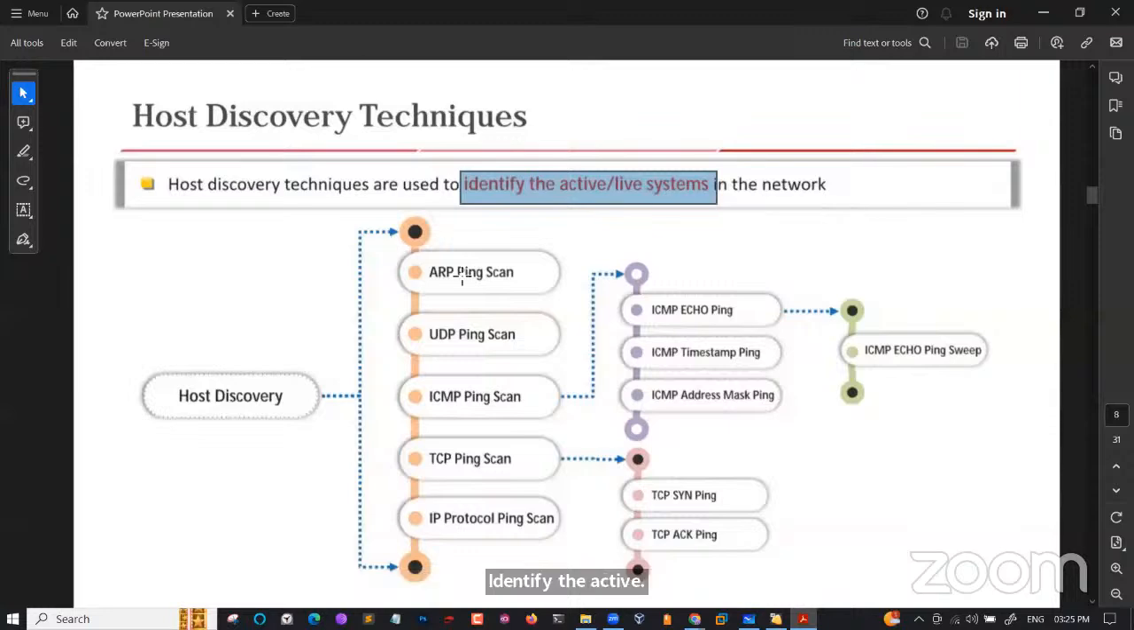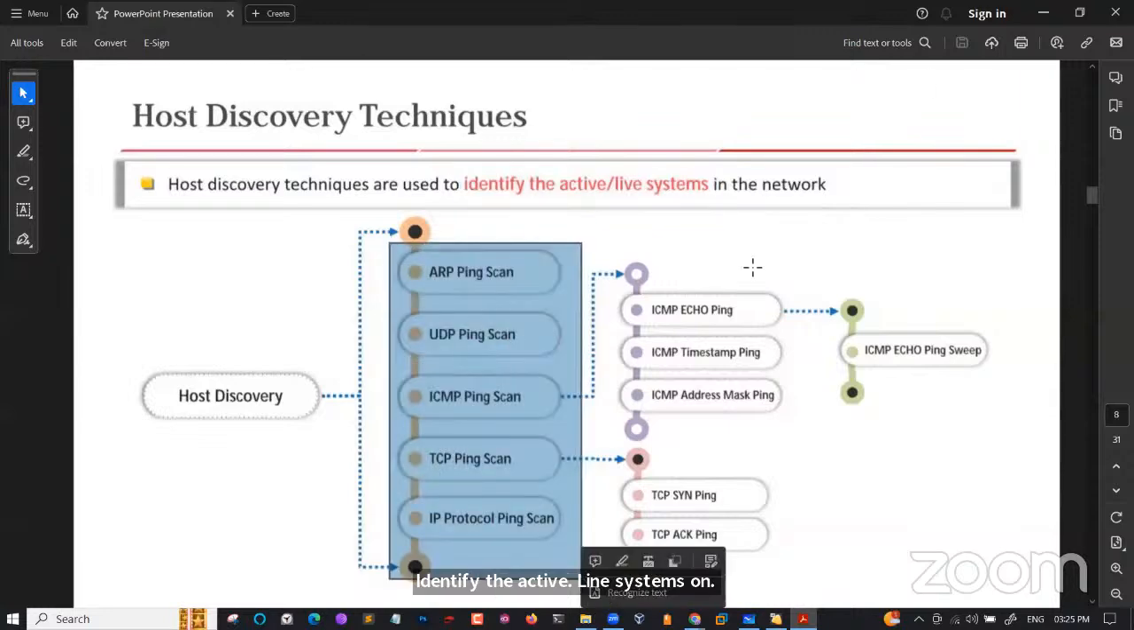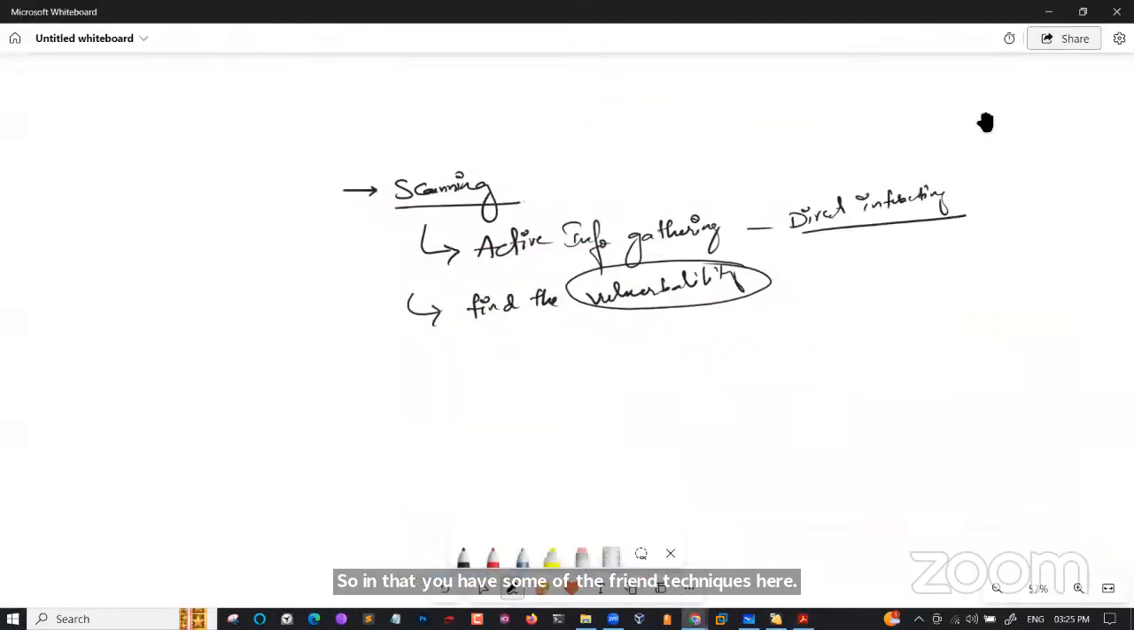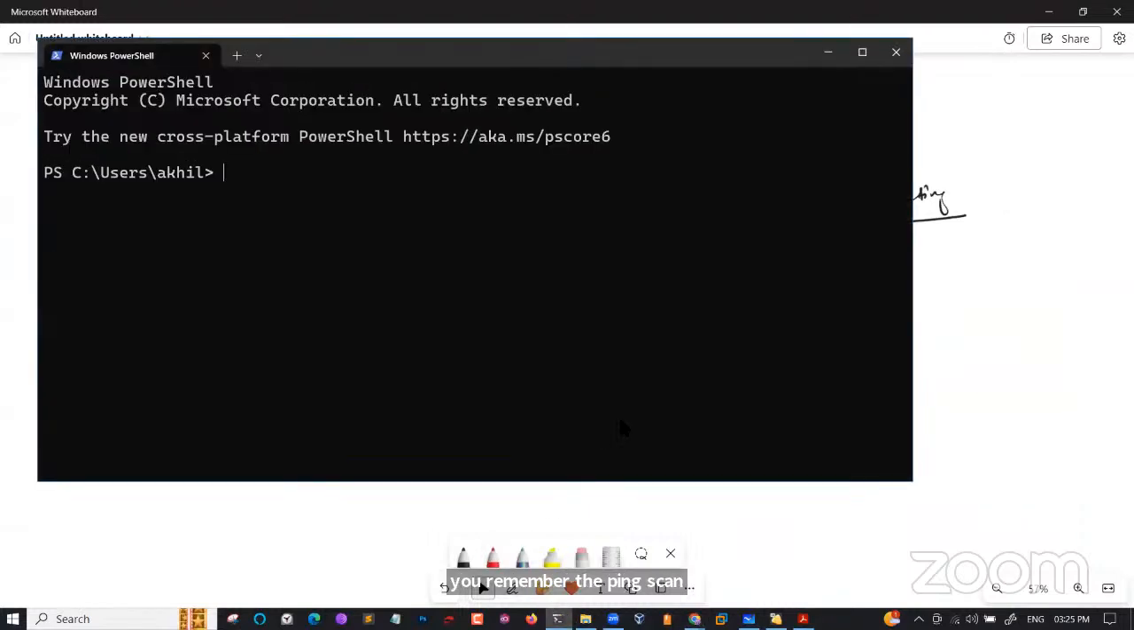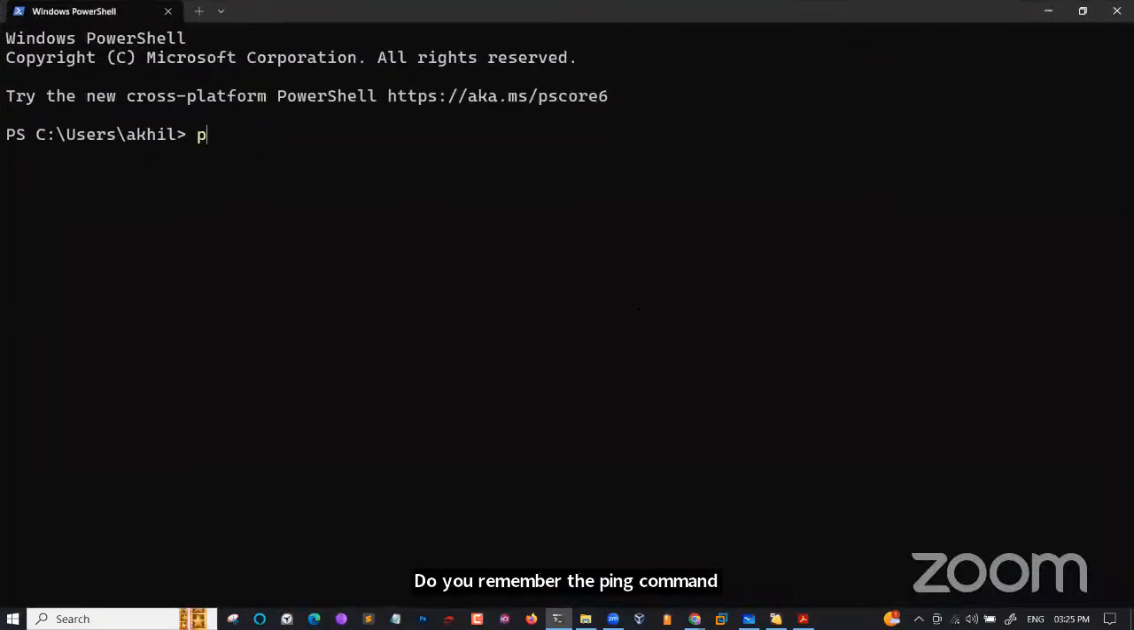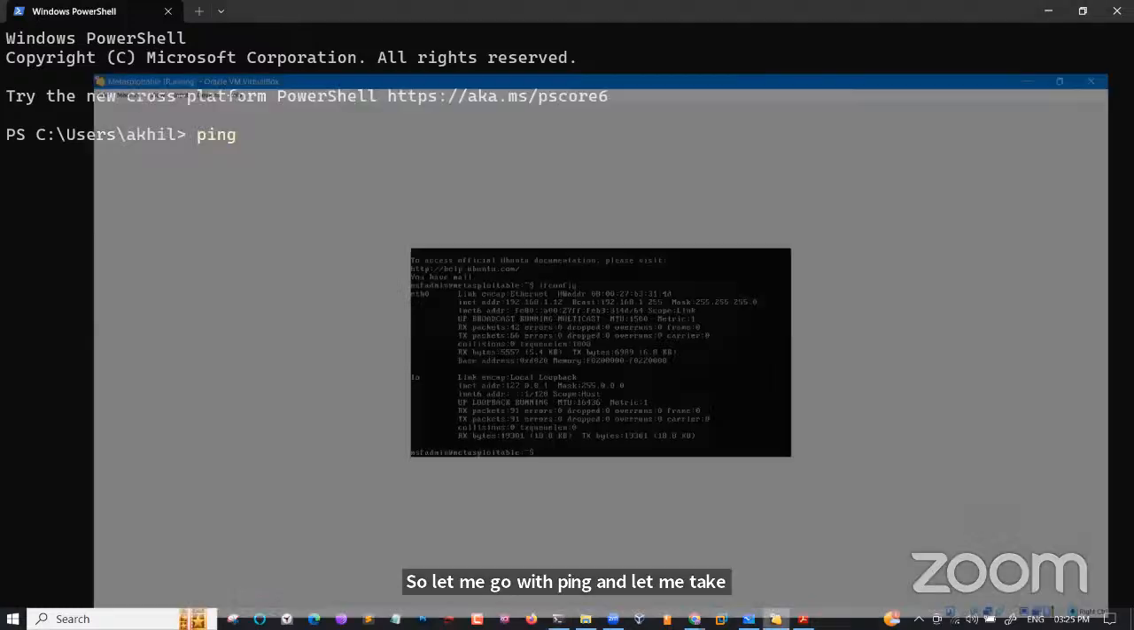So in that, you have some of the different techniques here. We call them as a ping scan. So if you observe, so do you remember the ping scan? Do you remember the ping command? Do you remember that? I need some response from your end. So let me go with ping, and let me take this IP address, which is